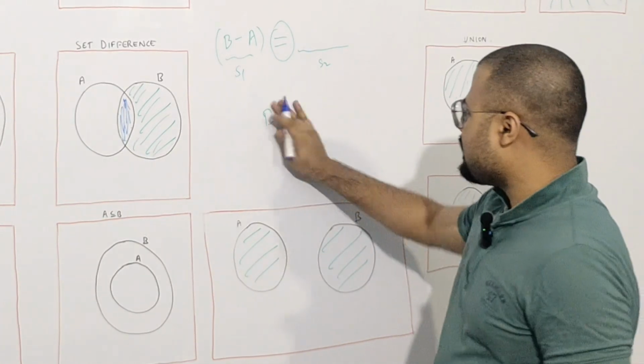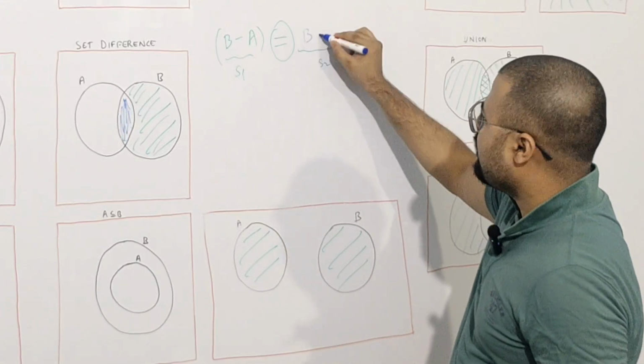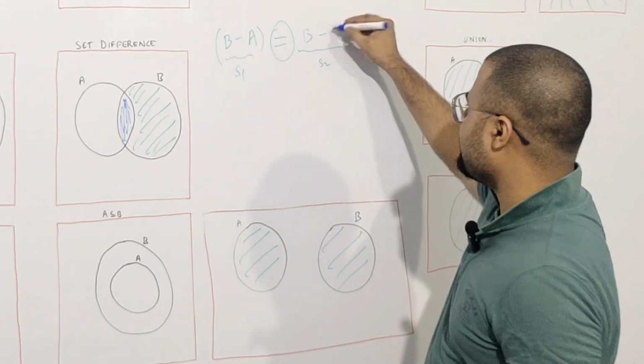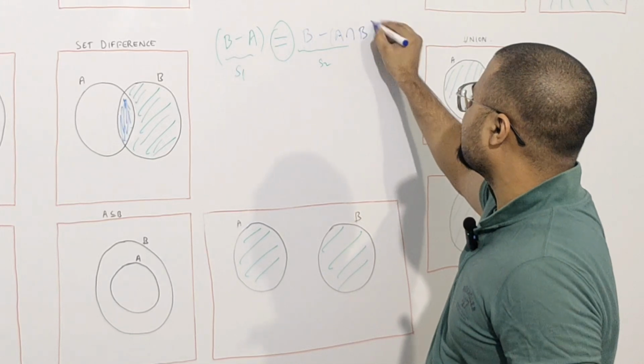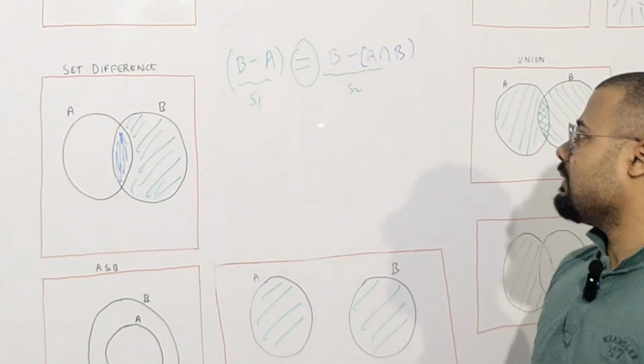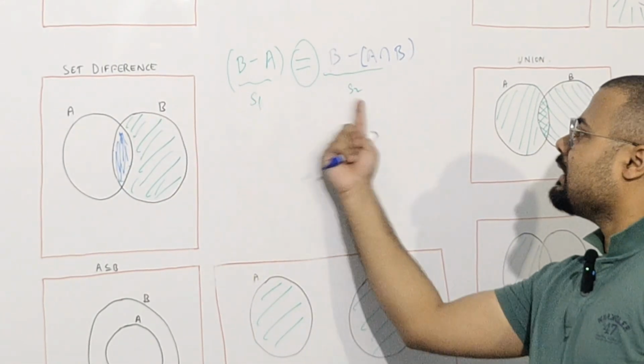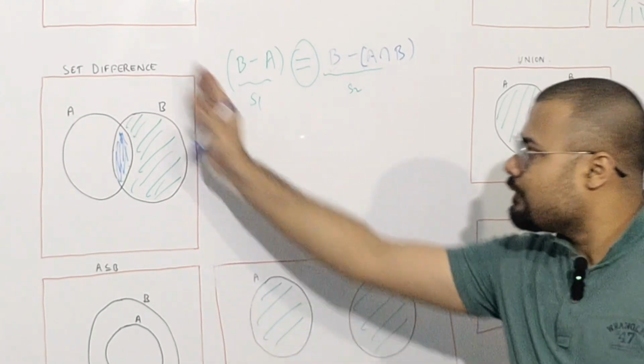So I can say that B minus A is equal to B minus (A intersection B). Will I be wrong to say that? No, because this region is nothing but B intersection B. So these two sets are equal. S1 and S2 are equal. So from the Venn diagram,